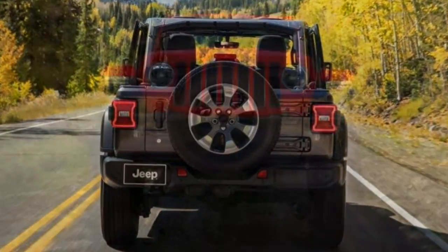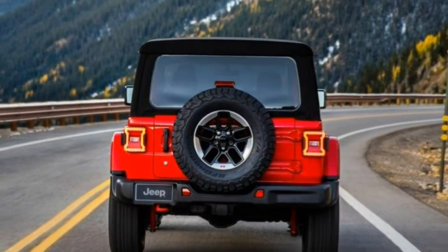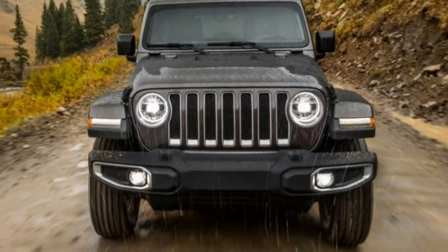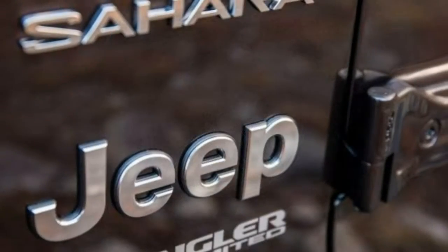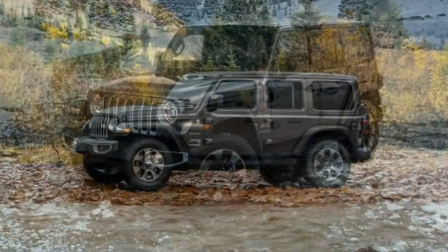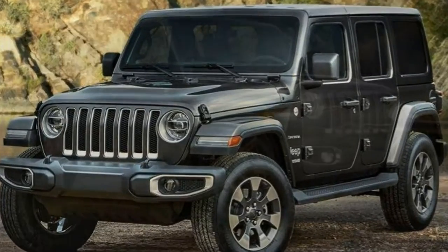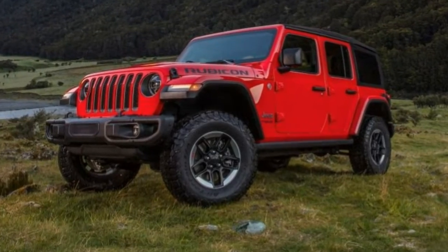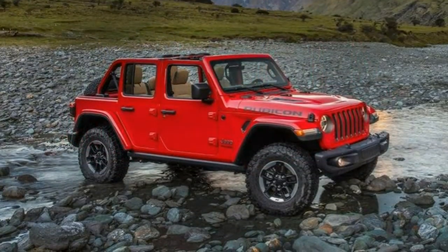Also included on the Sport is a 5-inch Uconnect touchscreen display, Bluetooth, a rear-view camera, a 6-speaker stereo with a CD player, a USB port and an auxiliary audio jack. Besides its 2 extra doors, the Unlimited version even offers a bigger gas tank, air conditioning, and a 60/40 split folding rear seat. On top of the base Sport equipment, the Sport S adds 17-inch alloy wheels, air conditioning, automatic headlights, keyless entry, heated power mirrors,